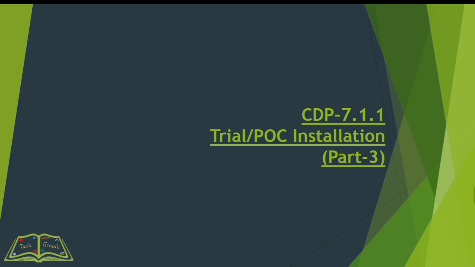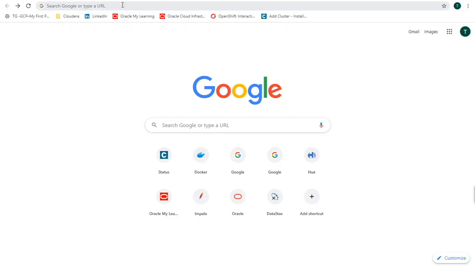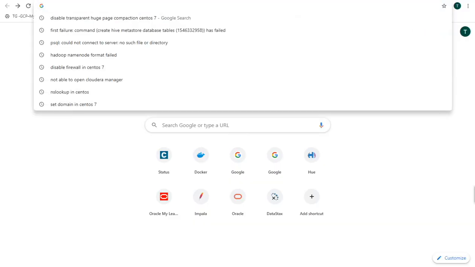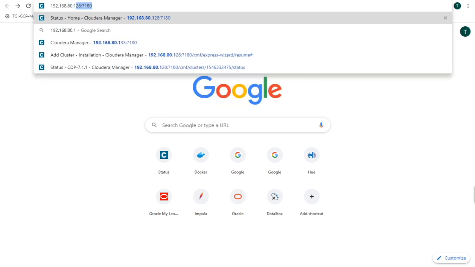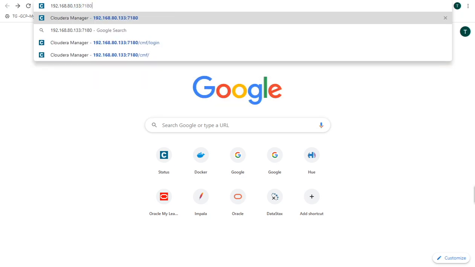And yeah, so now let's open the Cloudera Manager web URL, 192.168.80.133. It might not open with that host name with the domain which was tg07.taggrun.